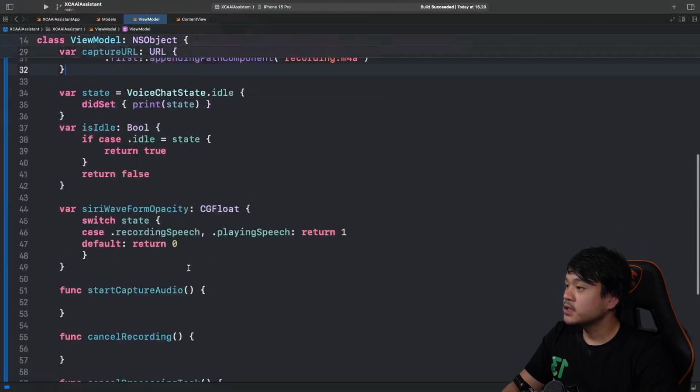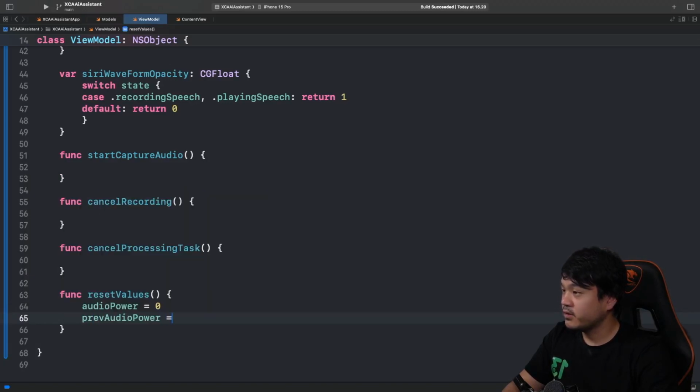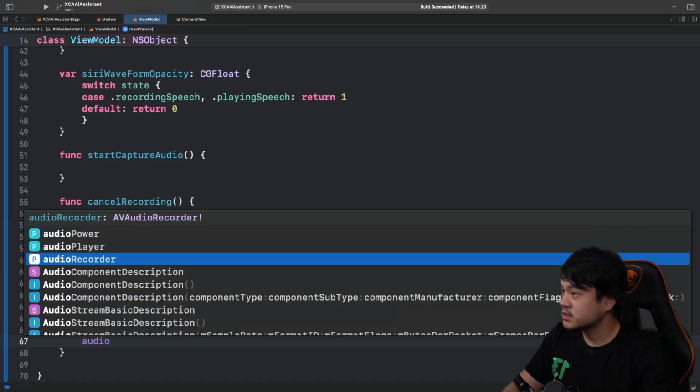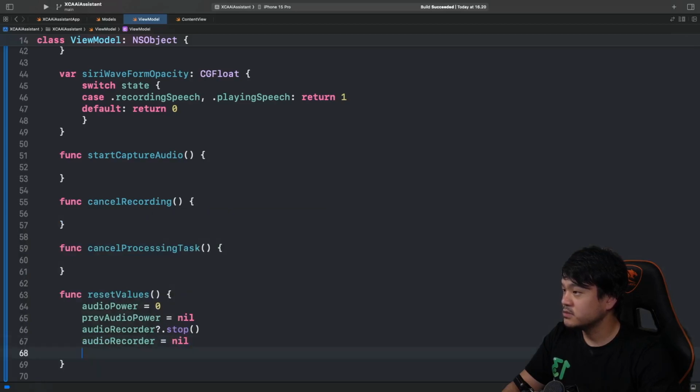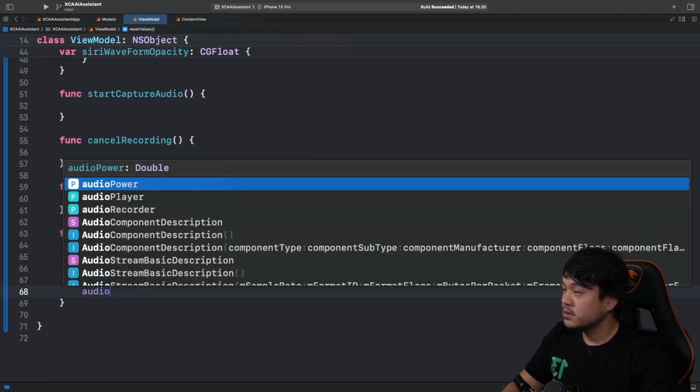And next one, let's declare a func to help us clean the state of our properties, resetValues. In here, we'll set the audioPower to 0, set the prefAudioPower back to nil, and for the recorder, we're going to stop and then set it to nil. This is to help us clean up all the values when we finish.